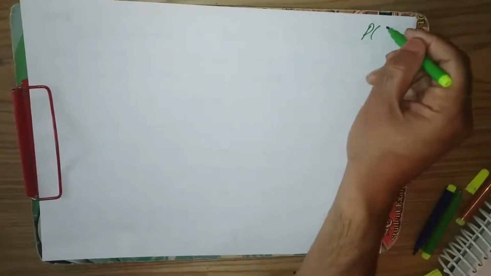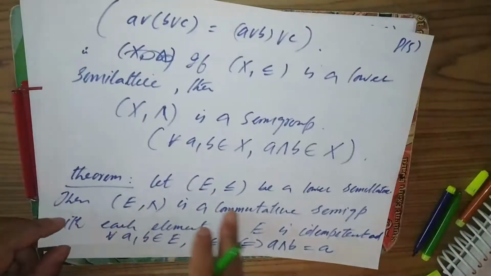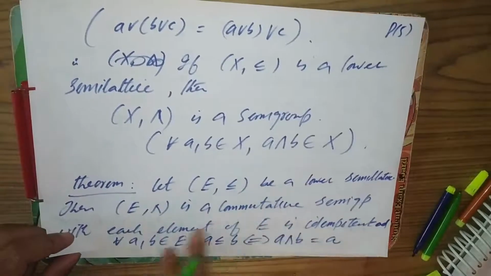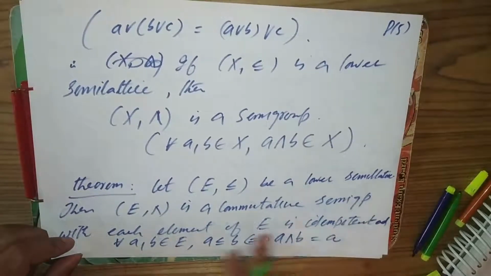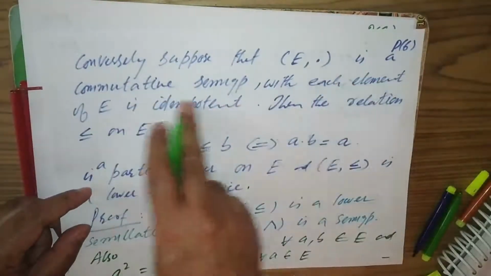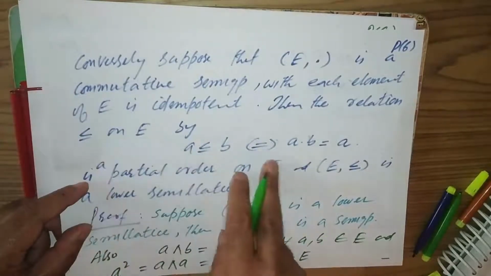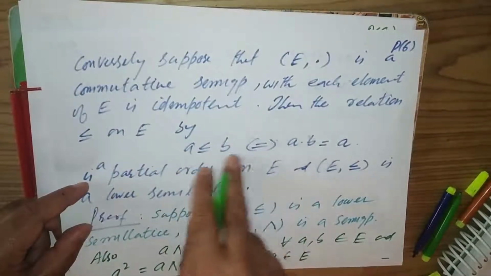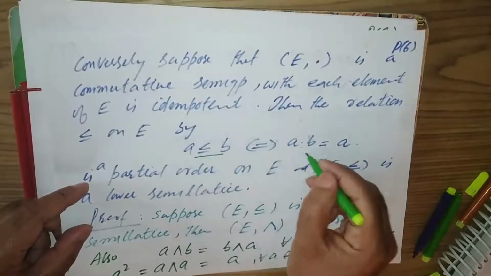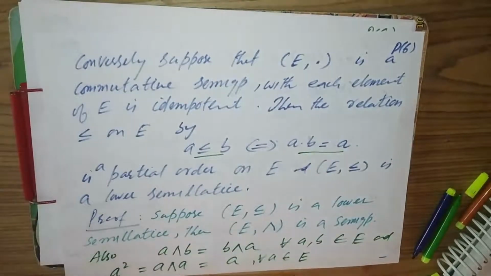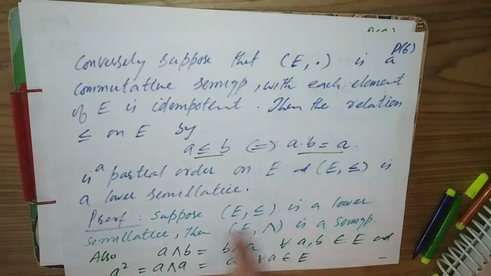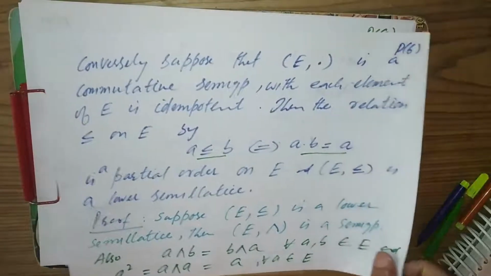So now we prove its converse part. What's the converse part? That's for the direct part: suppose it's a lower semilattice, then it's a commutative semigroup with each element of E idempotent, and it also satisfies this property. And the converse part is this. Suppose this is a commutative semigroup with each element of E idempotent. We need to show that there is a relation defined by this. So we show that this relation is a partial order on E, and with respect to this relation, it's a lower semilattice. Okay. So conversely, assume that